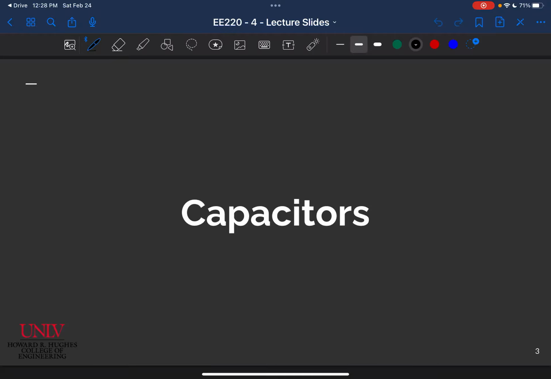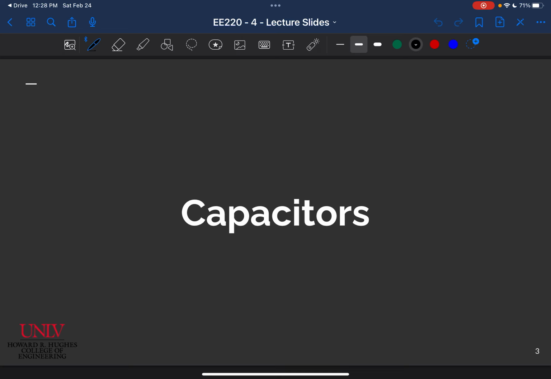Basically, up to this point in the class, we have only learned about voltage sources and current sources. Those are our types of sources. We had some dependent sources that we saw. And then as far as passive components, components that just behave a certain way and have some current-voltage relationship in our circuit in response to some source or some input,